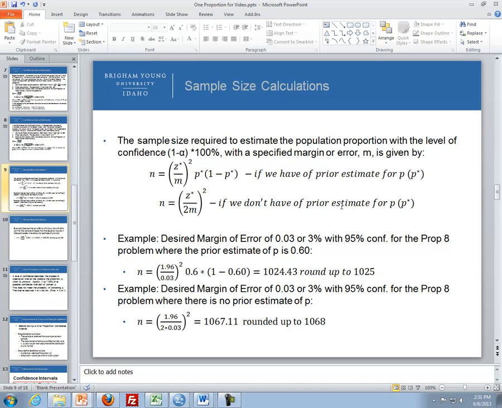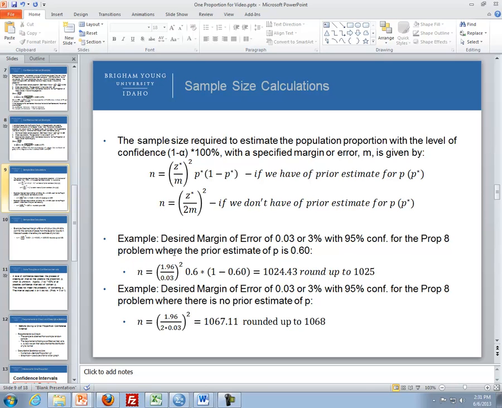If we don't have a prior estimate of p, this would be the formula. This is more of a conservative formula for getting the sample size. It's basically z star divided by 2m, and then we square that. For example, if we have a desired margin of error of 0.03 or 3% with a 95% confidence for